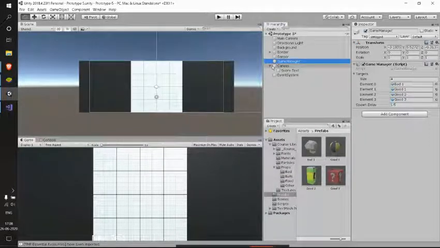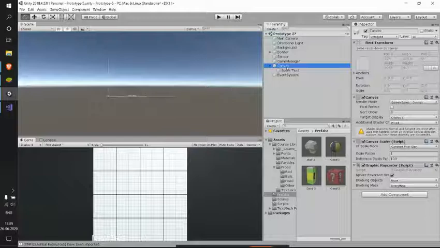But that's not the case with our UI. The way our UI looks in our game is completely dependent on the canvas and how we anchor them to the canvas. So this canvas is a representation of our complete screen.